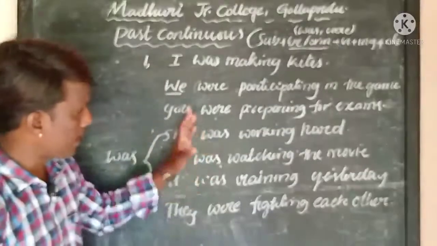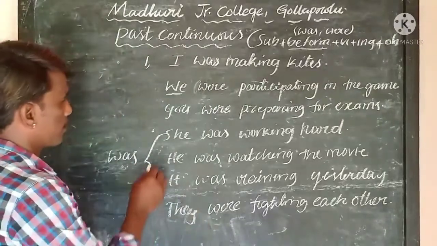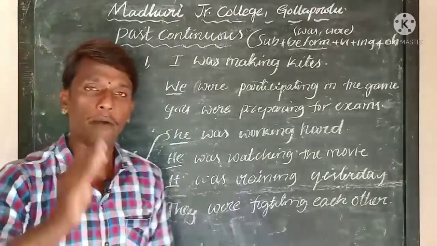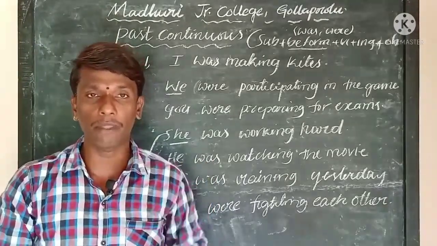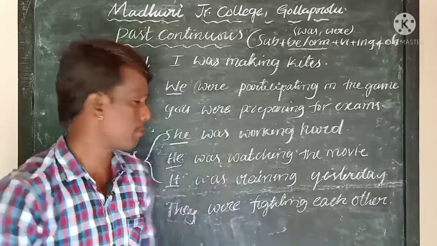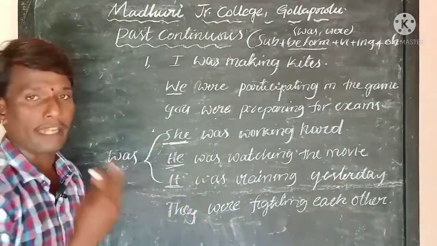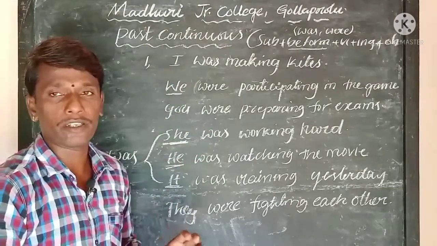Right? So these are the examples of the past continuous tense using all the pronouns. But in the pronouns she, he, it, you can write a name of any person, or a name of a thing, or a name of a building, or a name of anything in the place of she, he, it. You can also write it. Okay, so this is how the past continuous tense is written.